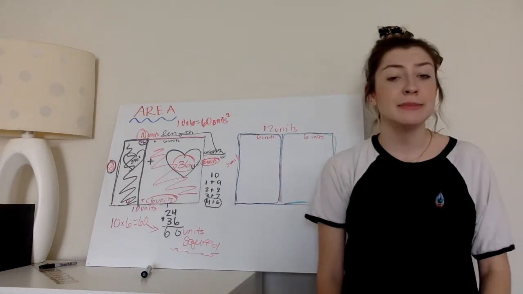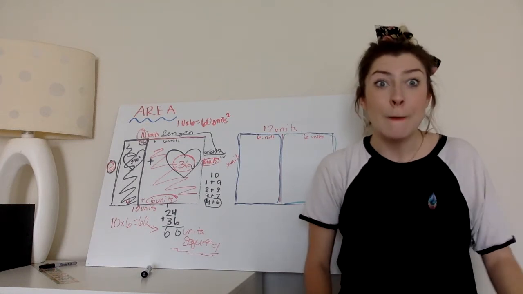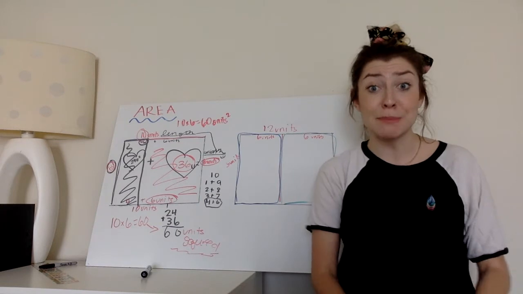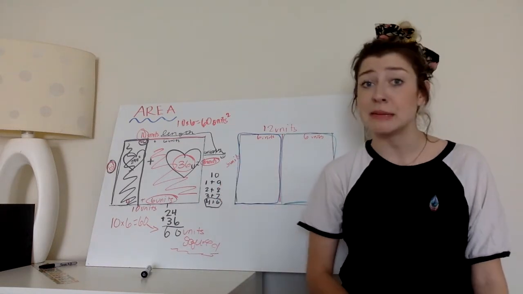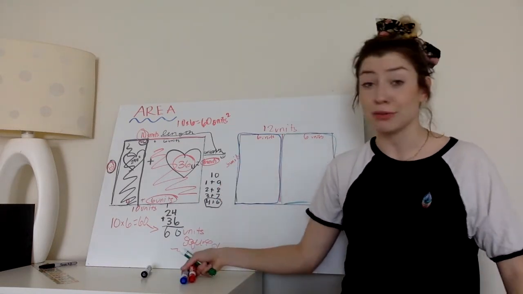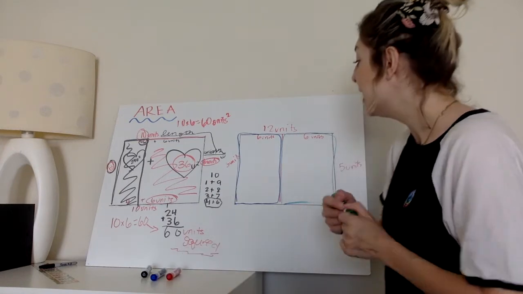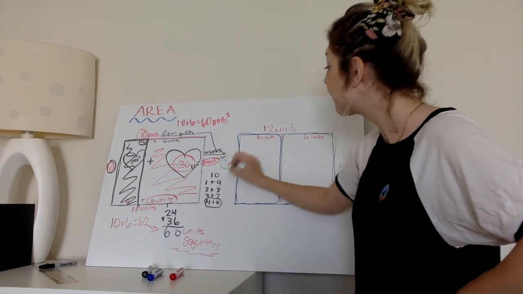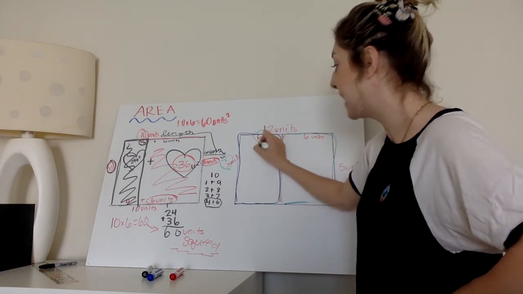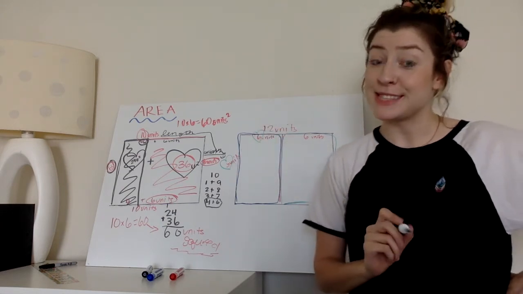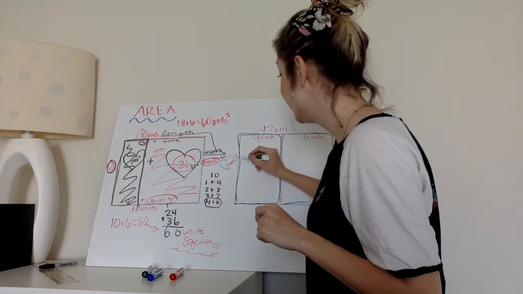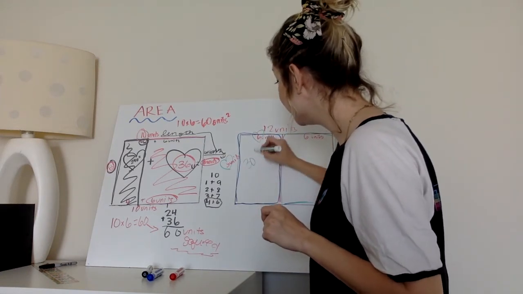I know this seems like a lot of work, but guess what? You're going to run into some wild shapes, and this is going to make it easier. So stick with it. We're almost done. Now, the first thing you have to do is take this 5, multiply it with this 6. 5 times 6 is 30. So 30 units